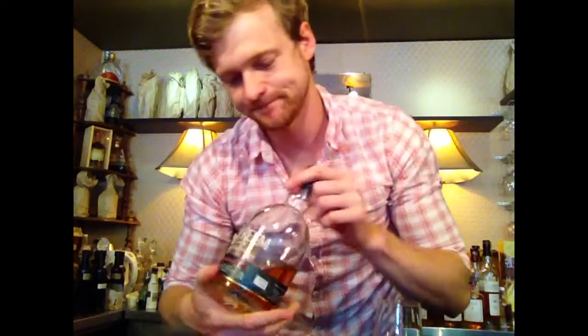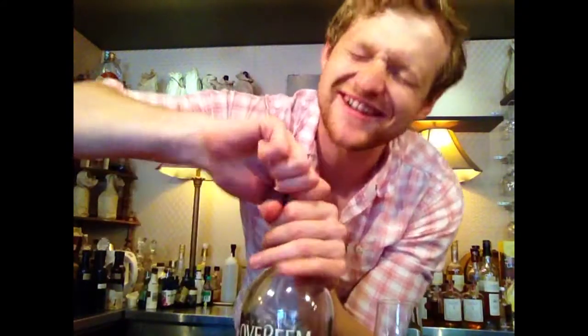First step about it. The bottle's quite nice, shorter neck, traditional style, kind of meant to look like a copper pot still. My favourite part, it's got a cork. I love corked bottles. Don't ask me why, just that pop of pulling a cork out, it's its own spiritual